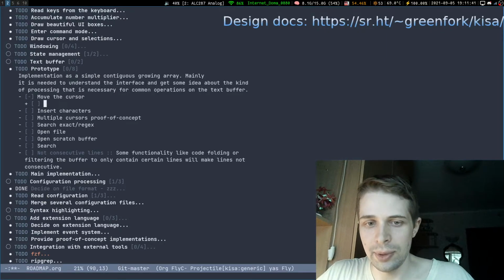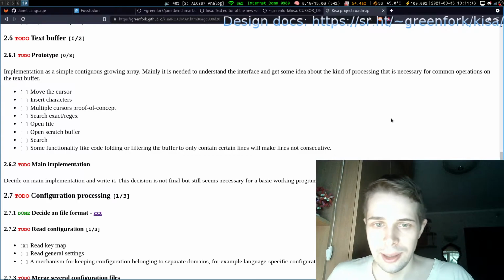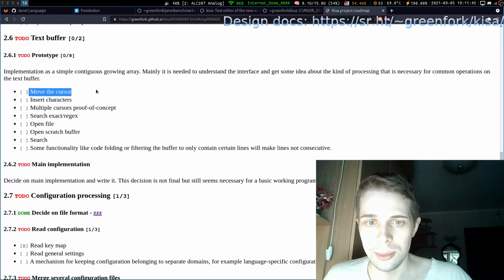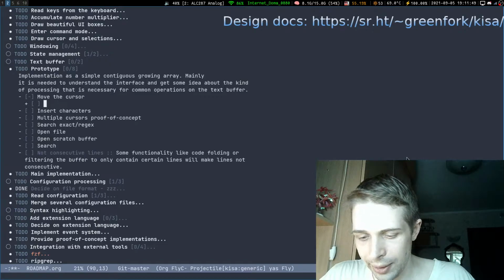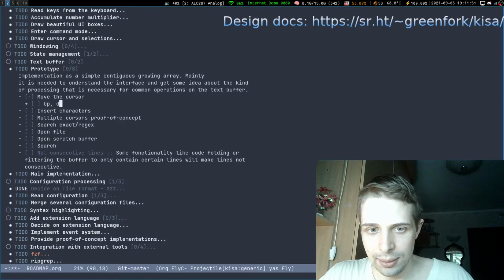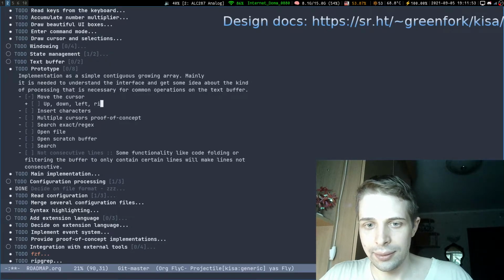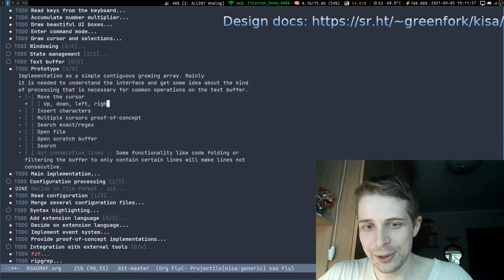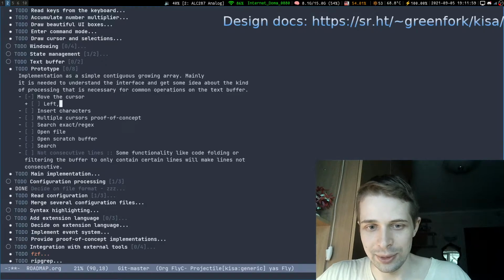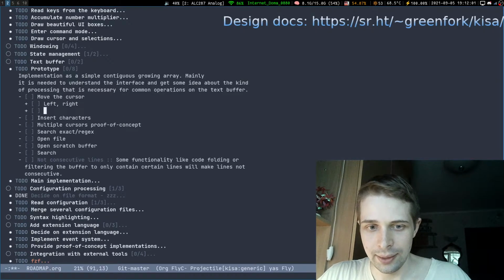So we will write a list of things we would like to know how exactly to move the cursor. So we have simple ones: up, down, left, right. Actually, with offset, it will be left, right, and then up, down.